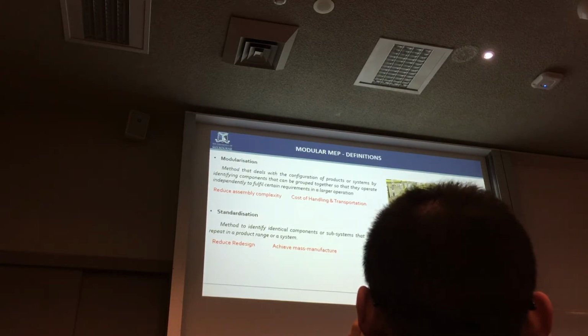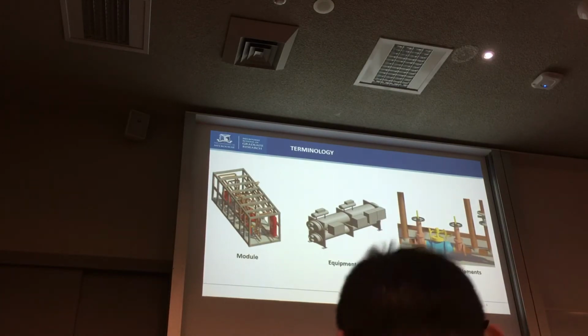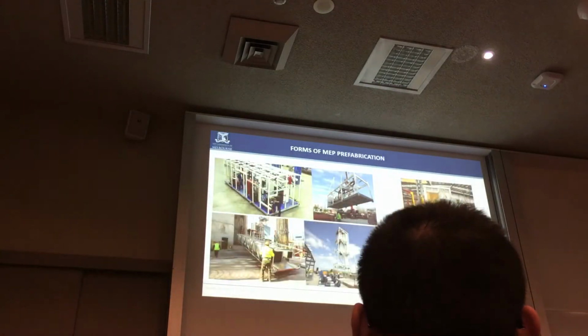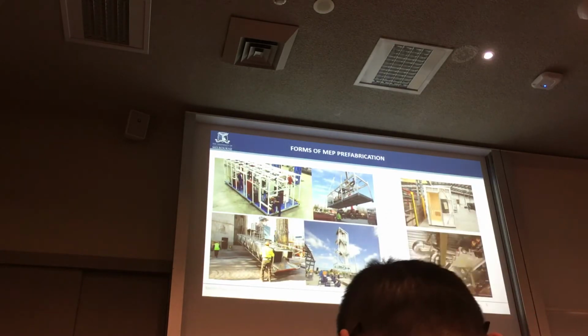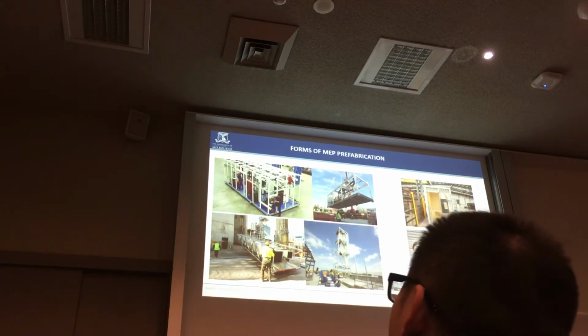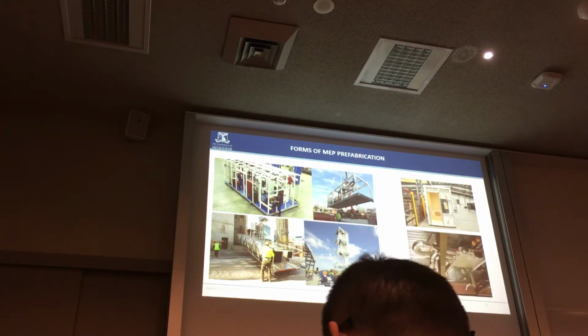Just to get familiar with the terminology, in this study, a module is a combination of equipment and components in the MEP industry. Now, forms of prefabrication of MEP. The most common form of prefabrication that you can see around is the bathroom pod, which is very popular in industry due to the repetition of design. The other forms related to mechanical services are modular plant rooms and also skids. However, this is only achieved when plant rooms are located outside the building, mainly due to limitations during transportation internally and installation.